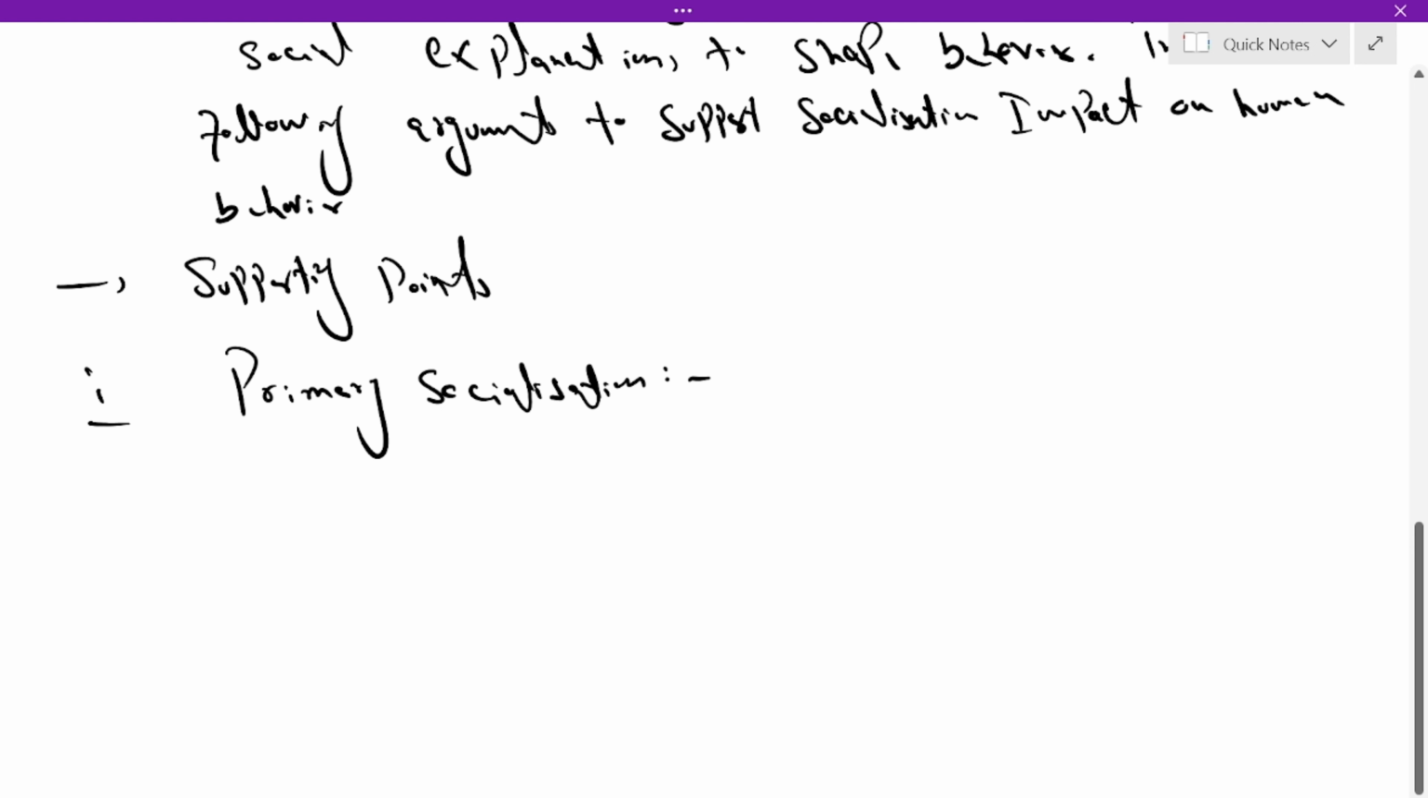Keep in mind the format. I told you that whenever you write the analysis part, whatever the identification you have, you have to introduce, then analyze, and then conclude, and conclude it like how it's supporting the statement of your question. So this is my identification. Now I'm going to write: primary socialization occurs